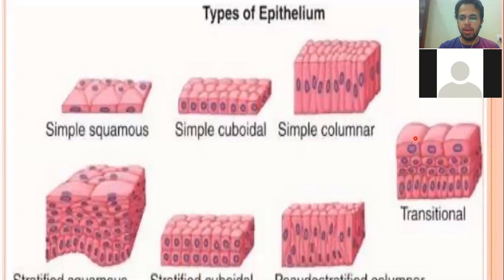If you have a multiple-layer epithelium and the top layer is squamous in shape, then you can say it is stratified squamous. Then we have the pseudostratified epithelium, which looks like stratified epithelium but has a single layer, because of the presence of nuclei at different positions. Then we have the transitional epithelium, which changes shape. Transitional can be classified physiologically, not anatomically, right?